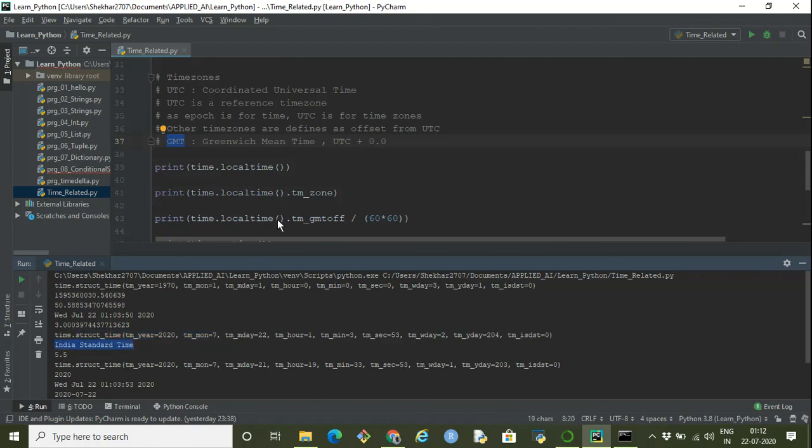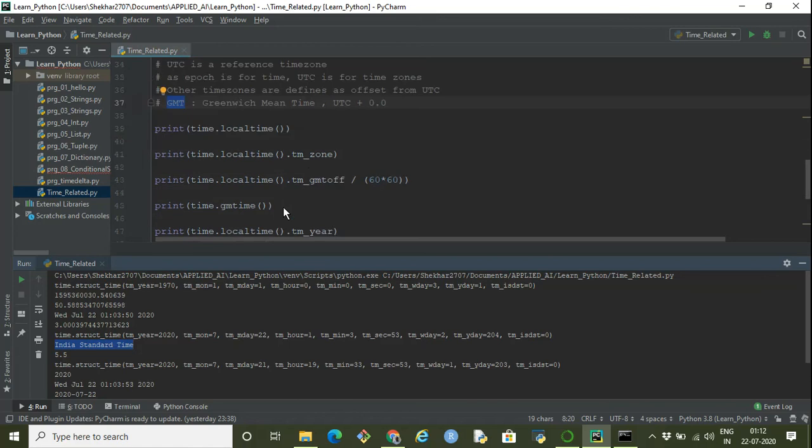Now, how far is my time zone from GMT? I'll say time dot local time dot tm underscore gmtoff, and I'll divide it by 60 into 60. It says roughly 5.5 hours, on the positive. That is, I'm UTC or GMT plus 5.5 hours.